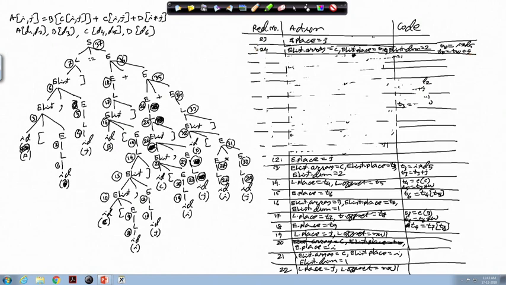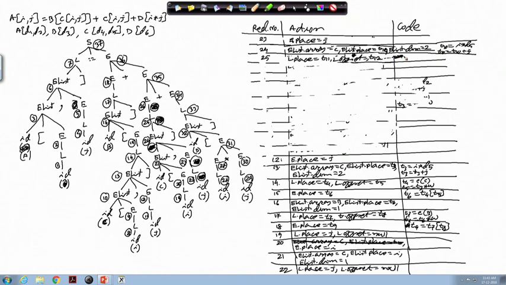At 25, elist L producing elist bracket close. So, it will do L.place equal to T11, a new temporary, and L.offset is another new temporary T12, and it will generate some code.